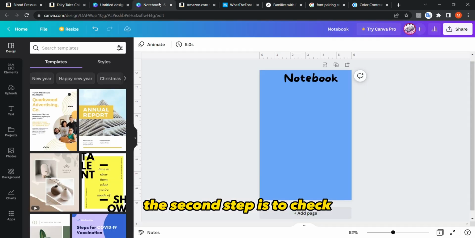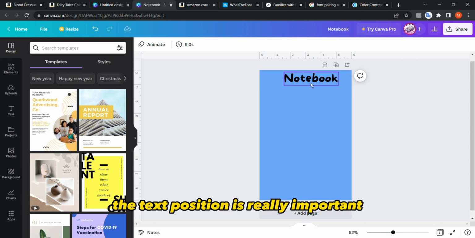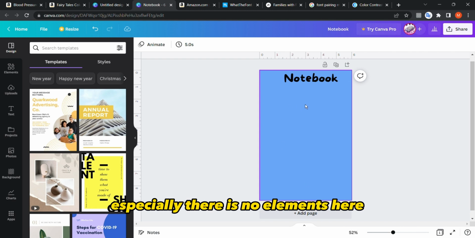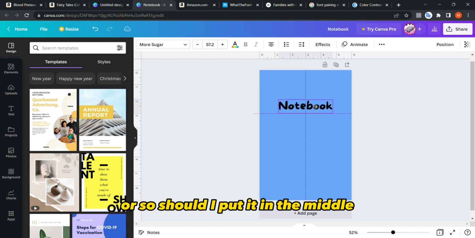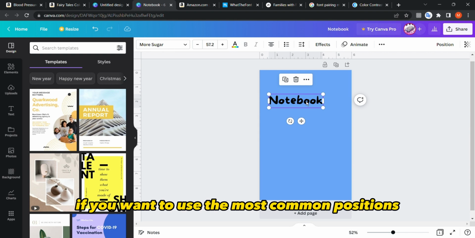The second step is to check your position. The text position is really important. So for example, if you put it like this, it doesn't look right. It looks odd, especially as there are no elements here. Or should I put it in the middle, on the left, or on the right? So the basic thing, if you want to use the most common